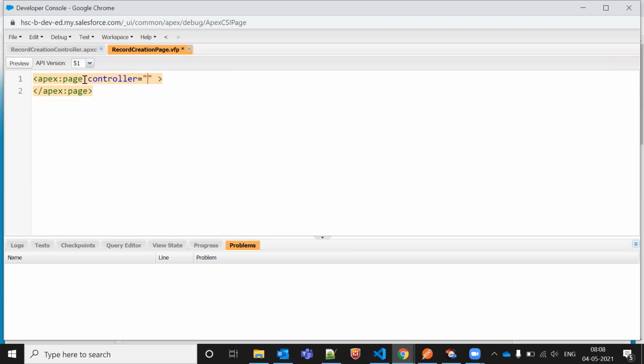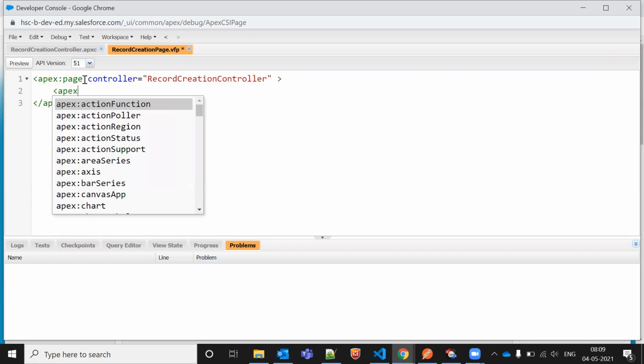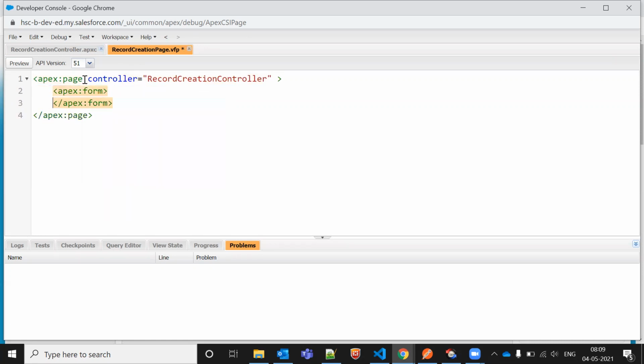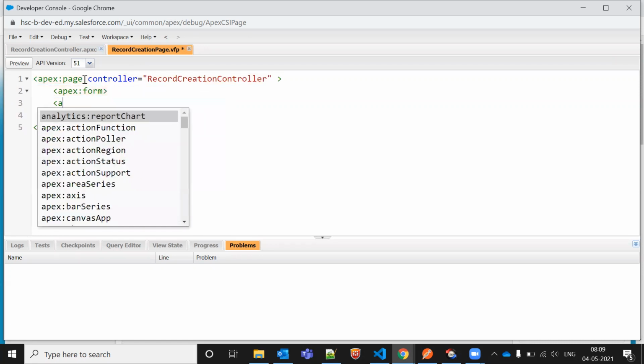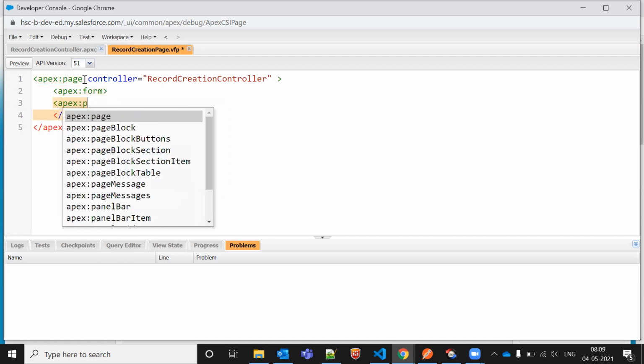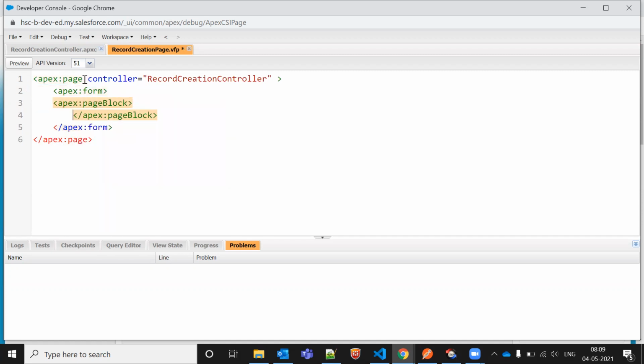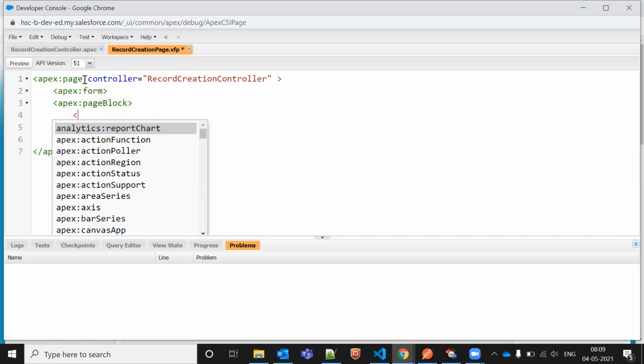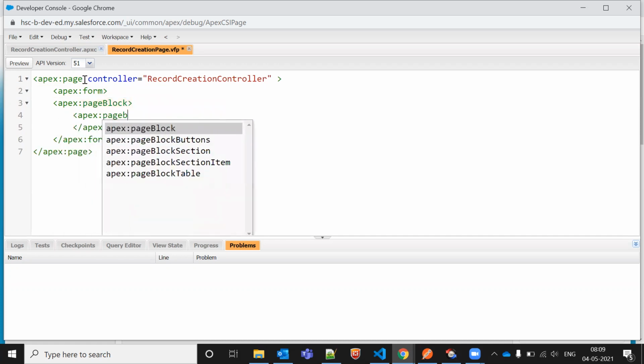Kumar, you are saying something? No, inside the constructor we can't perform DML operations. We cannot perform any DML operation inside the constructor.